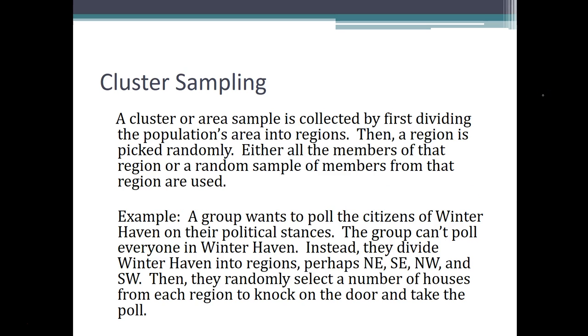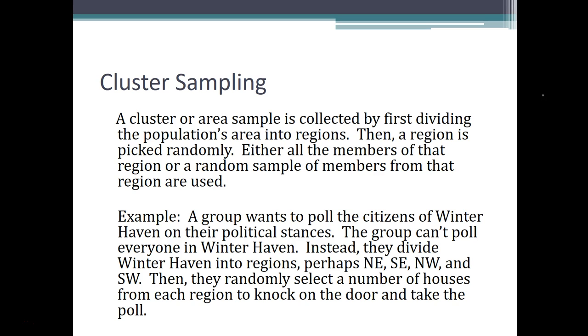Cluster sampling. Cluster is also called an area sample because it usually deals with geographic areas. You take an area and divide it into regions. Then you can pick a region randomly, and you can either choose all the members of that region or a random sample of members from that region. For example, let's say we have,